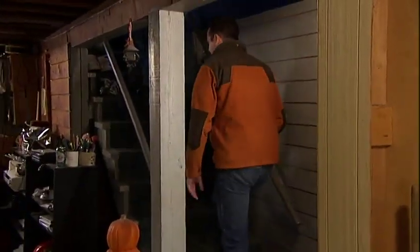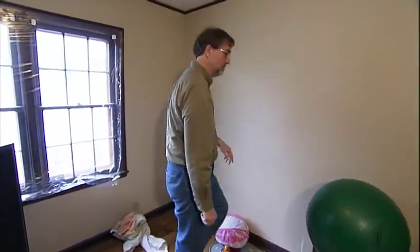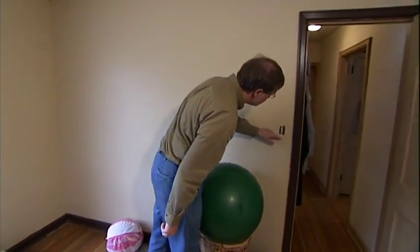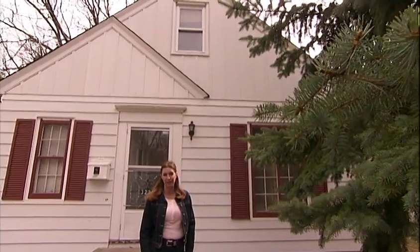That wraps up this home's evaluation. Tom and Sam checked all the rooms. Only the major problem areas have been pointed out. From the outside, this looks like a quaint and cozy bungalow, but a closer inspection has revealed a number of unhealthy and unsafe conditions. And in the house, if I had to identify one big problem on the whole house,